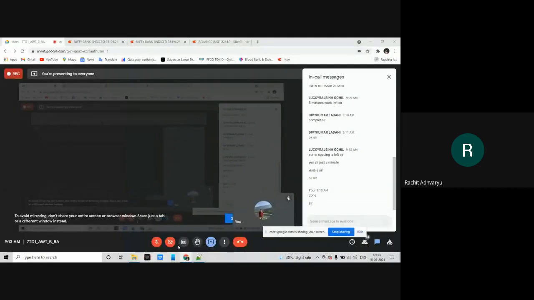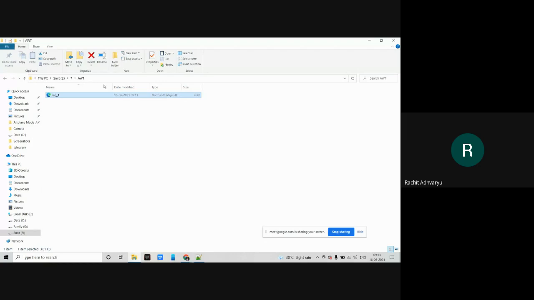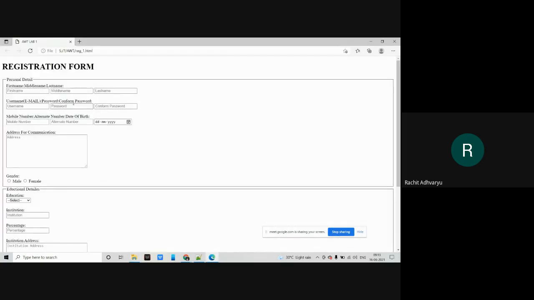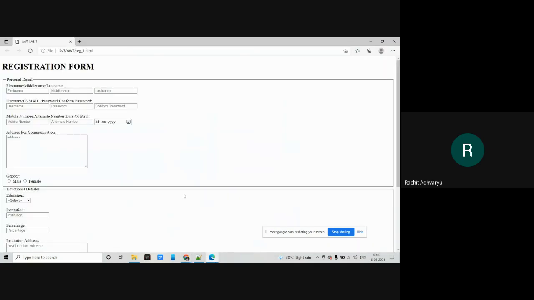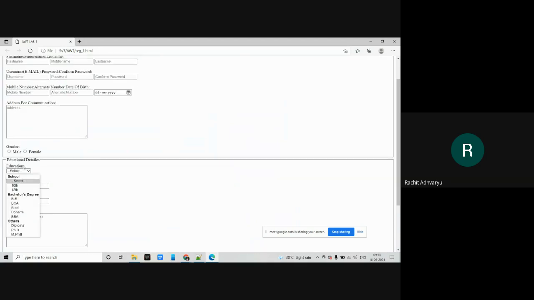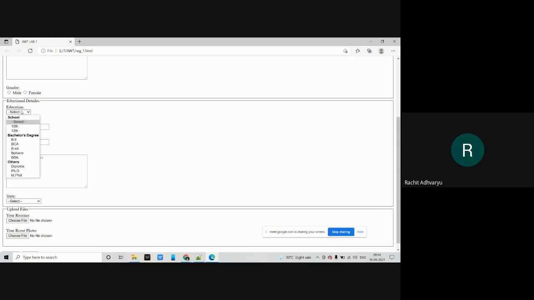Yeah, Smith, your screen is visible. Don't worry. See, Smith, first name, middle name, last name should be aligned properly. At the top, the labels of each text box. That is what we call elegant designing. And then you will add an elegant style sheet to it. What about education? Okay, good. So I think you used optgroup with the option, right? Everyone, the three of you, Lakiraj, Divya, and Smith.